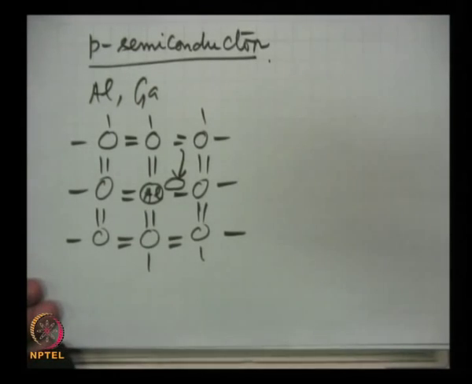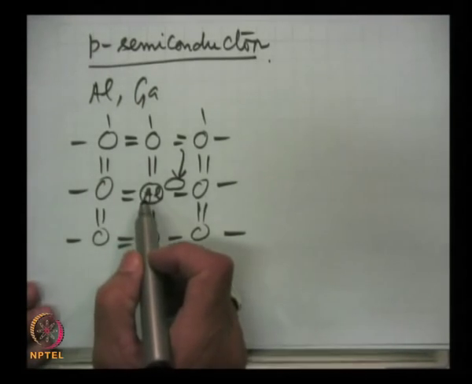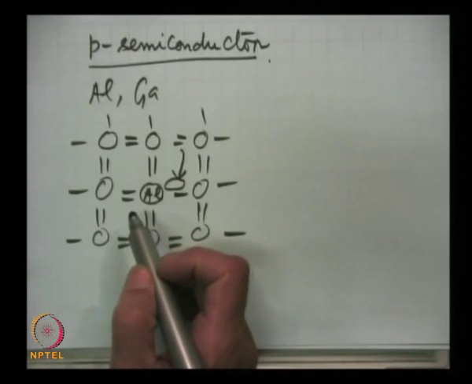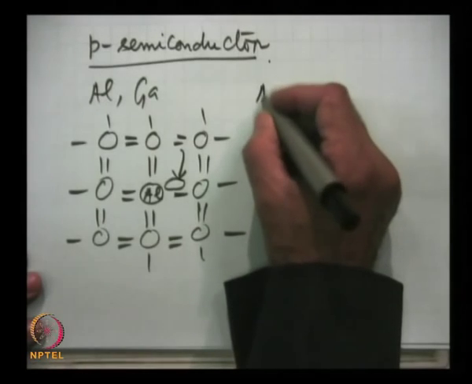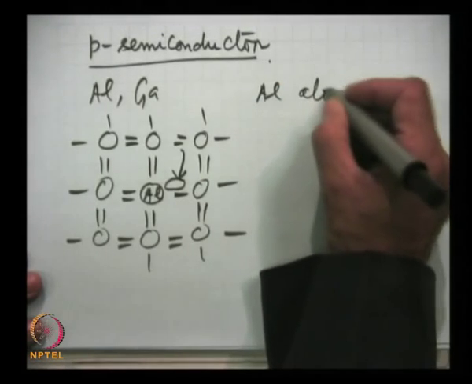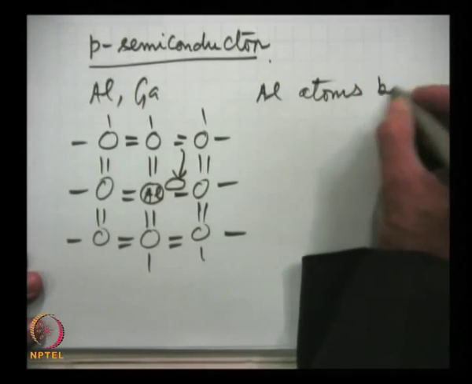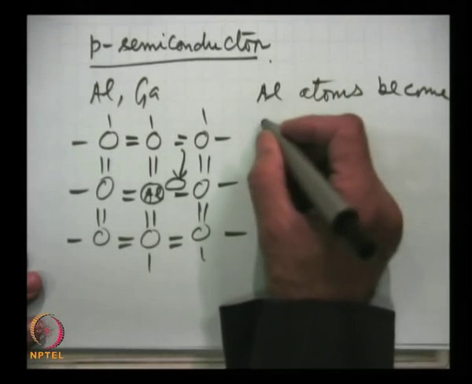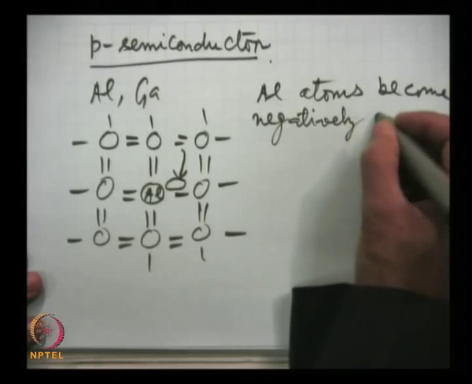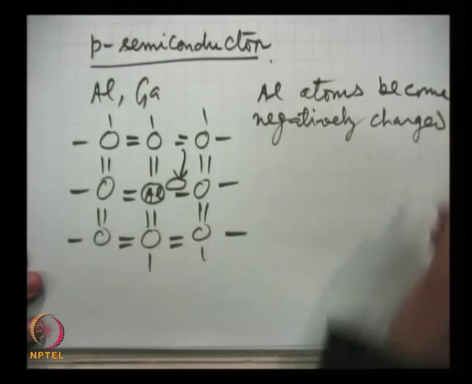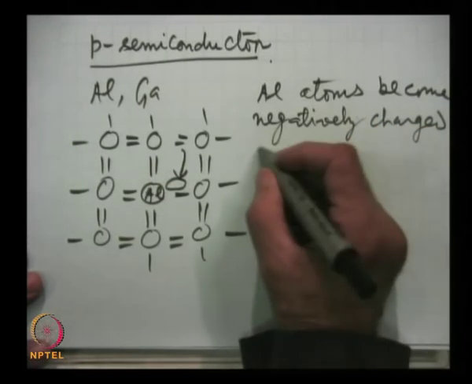Now, here the aluminium, after acquiring an extra electron, becomes negatively charged. Negatively charged ion,